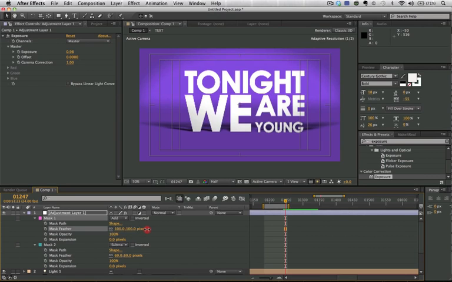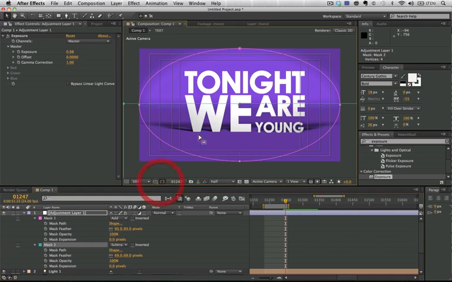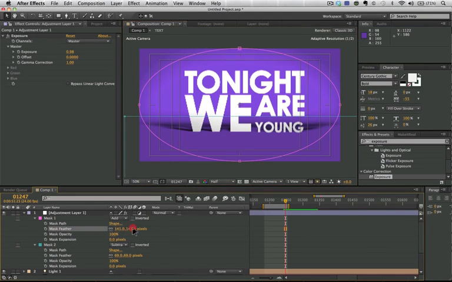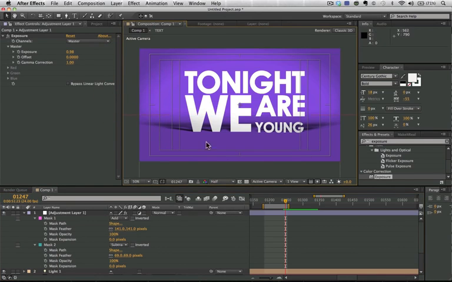We want it to blend in. We have our second mask here. I'm going to turn the visibility back on and bring this down a little bit. So there we have it. We have the text with a nice shadow and